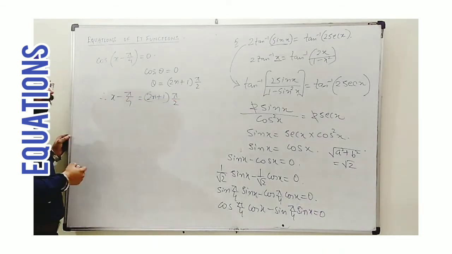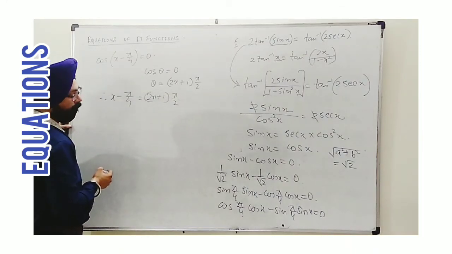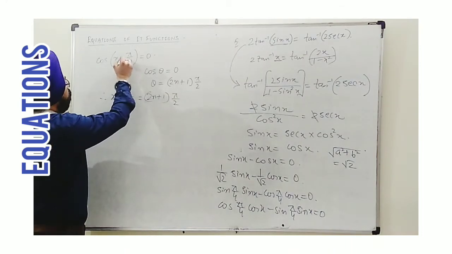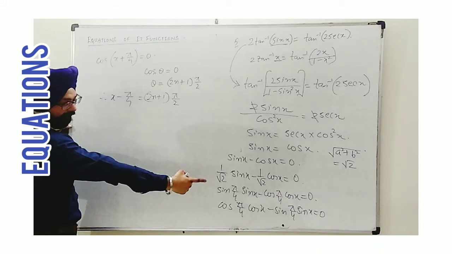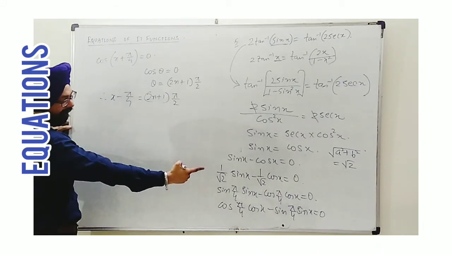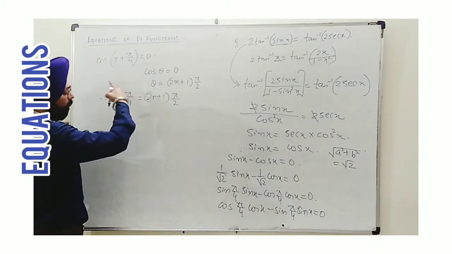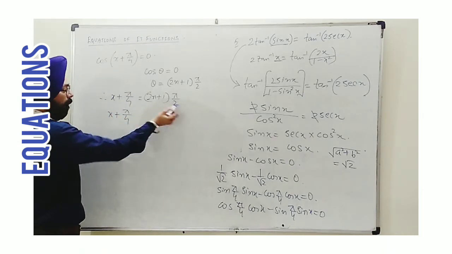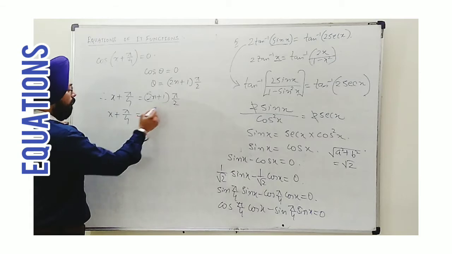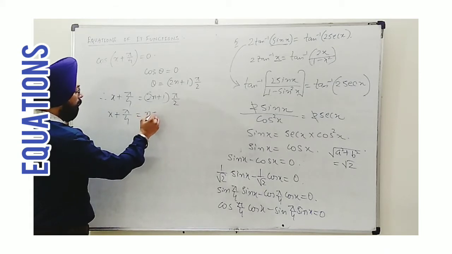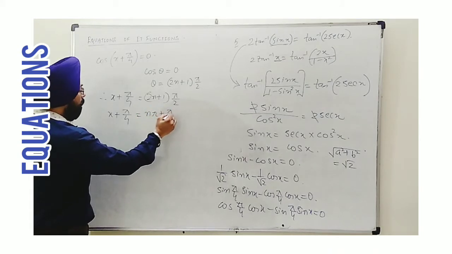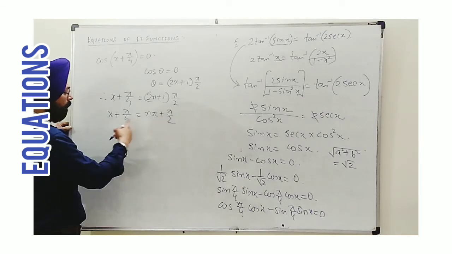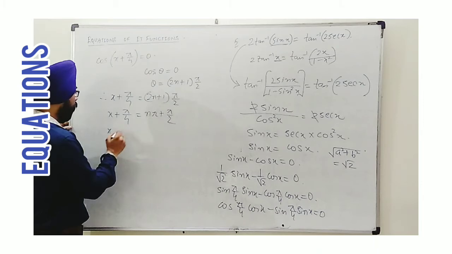Need to simplify. Here we find this is cos x plus pi by 4, as per the identity of cos A cos B minus sin A sin B, so sin will be opposite to that one. Okay. So here x plus pi by 4, when pi by 2 comes inside, we have 2 and 2 cancelled out, so n pi plus pi by 2 is left. When pi by 4, meaning 45, goes that side, 45 subtracted from this 90, we get 45 only.